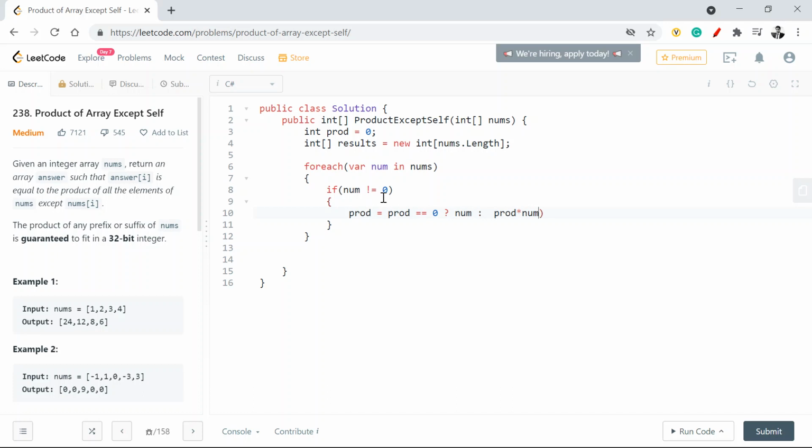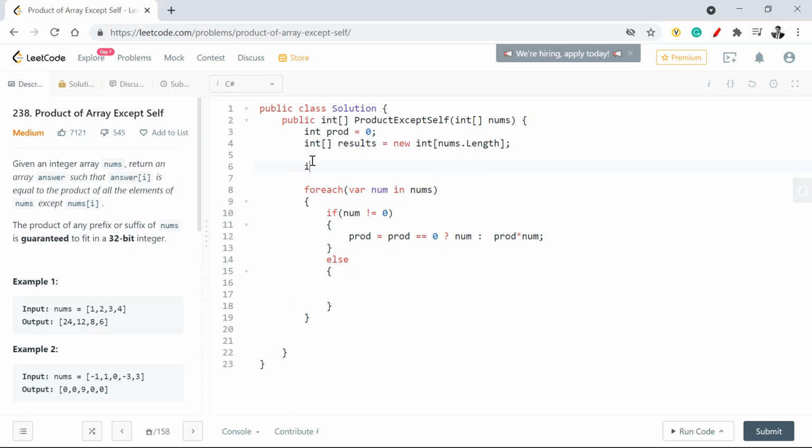I hope you understood this. What we are saying here is that if this is my first iteration, I'll mark it as the default value, which is num, the very first value in the index. Otherwise, I'll multiply with whatever I'm having right now. Otherwise, that means if I have a zero which is coming in, I'll add a variable which is going to maintain the zero count iteration. I'll say zero count plus plus. So I have this value which is going to hold how many zeros I have, right?